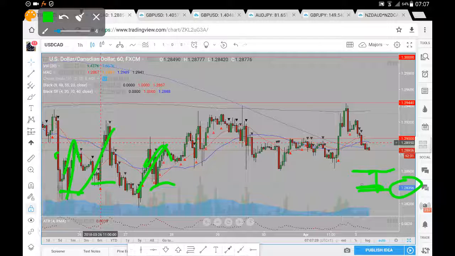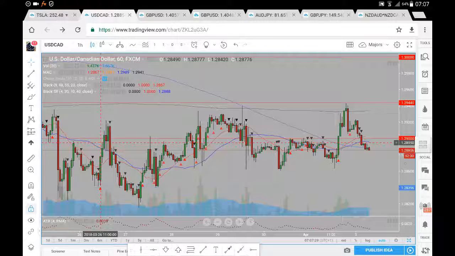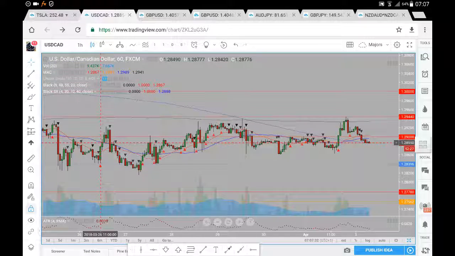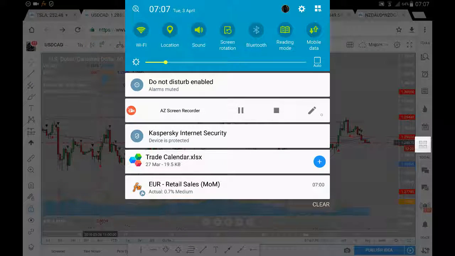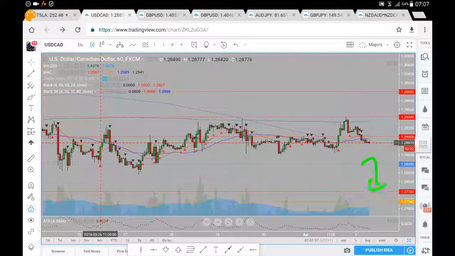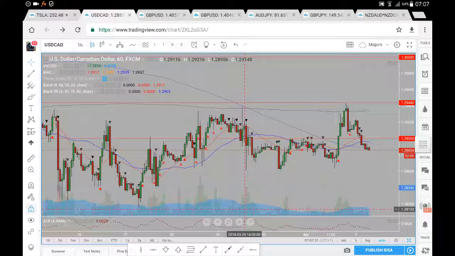Now we'll see if we can hold this 128.39. If, however, we do break down from this 128.39, we're then looking for progressions down towards the 127.78 and a break beyond which you're looking for the 127.56 to come into focus. Now, if we are to possibly post a higher low, or we do find support in around 128.60,